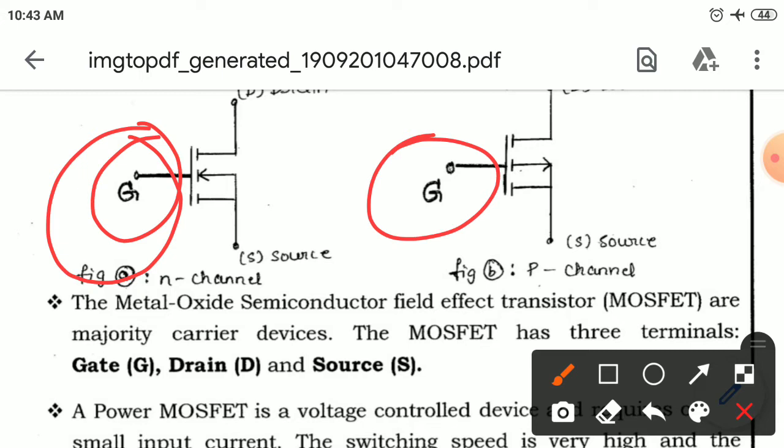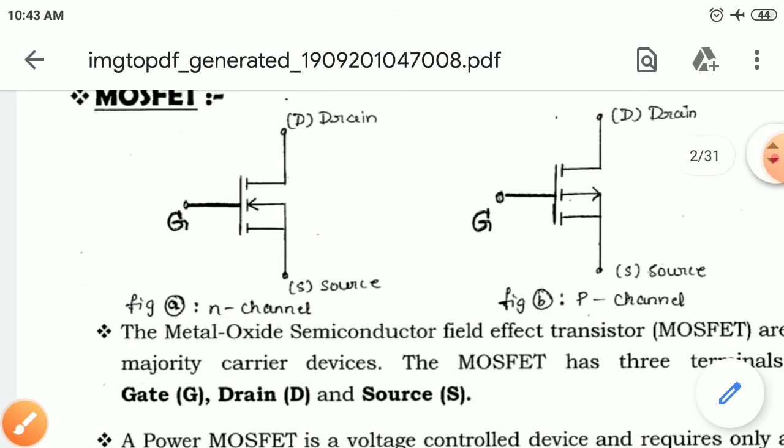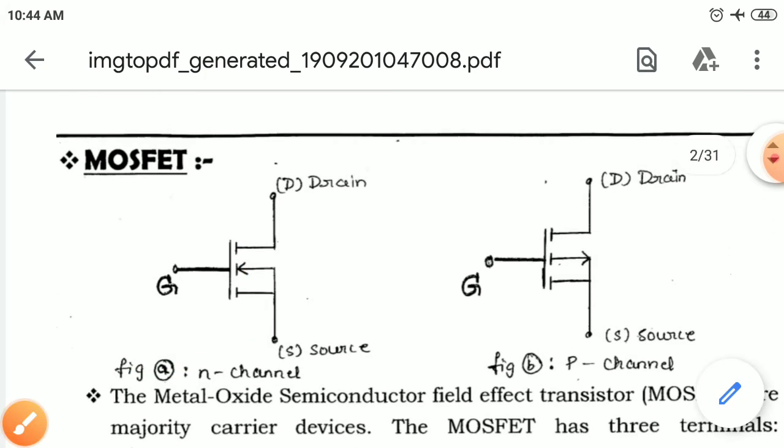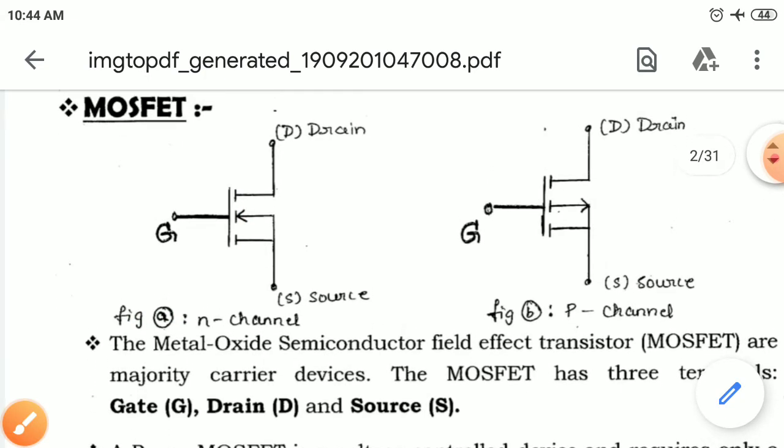So gate integrated ICs are increasingly required to drive these gates. The integrated circuit gate driver circuits are coming here, the IC gate. Integrated gate driver circuits are available in the market commercially for use also. That is because the gate drive plays a very vital role in the operation of the switch. Okay, so this is about the introduction of power transistors.